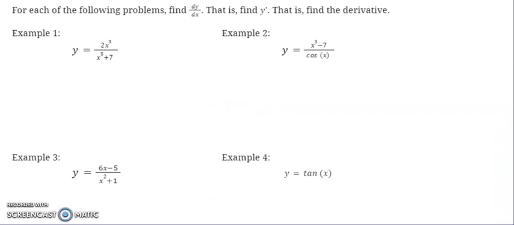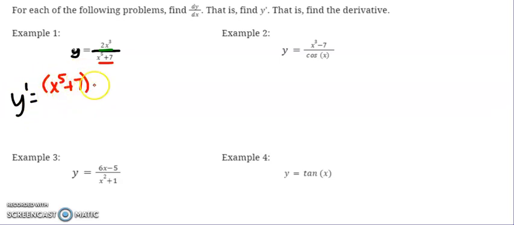So let's go through and just do some sample problems applying the formula. For each of the following problems, find dy dx, which means find y prime, which means find the derivative. So in this situation, I have a function y that is defined with division. So I'm going to think about x to the fifth plus 7 being my lower function and 2x to the third being my higher function, which means that y prime is going to be equal to